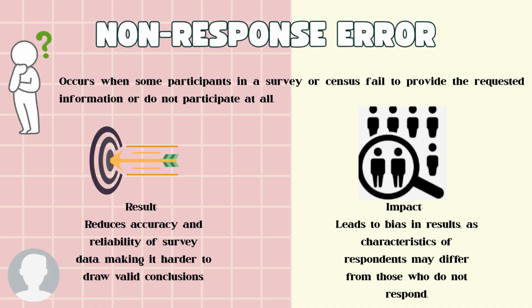For example, in a survey about job satisfaction, highly dissatisfied employees might be more inclined to respond, while contented employees might not bother. These biases can impact the validity of results and lead to misleading conclusions. To address these issues, researchers must carefully design their sample methods and encourage diverse participation to ensure their data truly